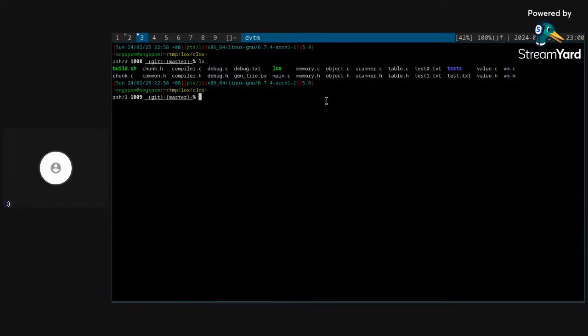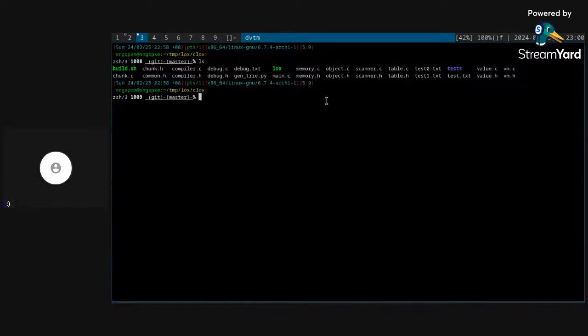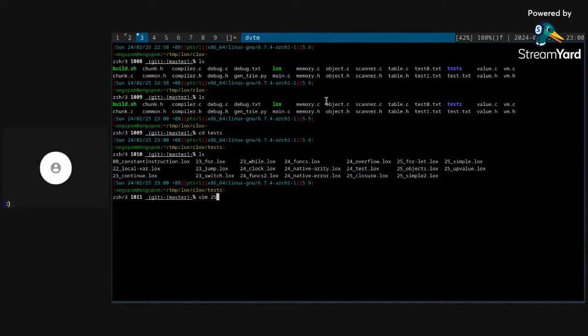At the current stage, we are debugging a particular bug with the garbage collector that we have implemented, where it's unable to find values that are supposed to be in the scope. So looking at the test that we are trying to run,